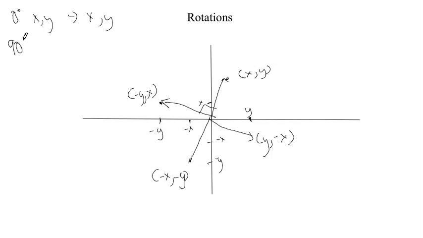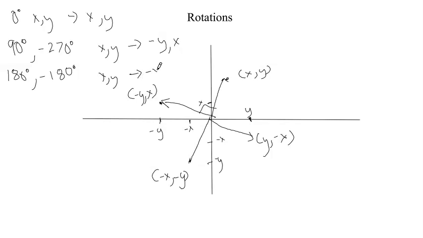For 90 degrees, or negative 270, (x, y) becomes (negative y, x). 180 degrees, or negative 180 degrees, (x, y) becomes (negative x, negative y). And finally, when you have 270 degrees, or negative 90 degrees, you end up with (x, y) becomes